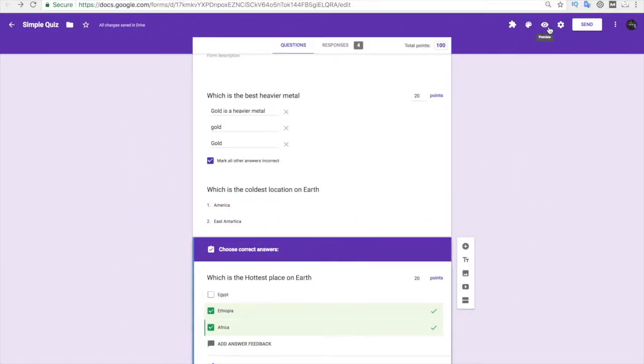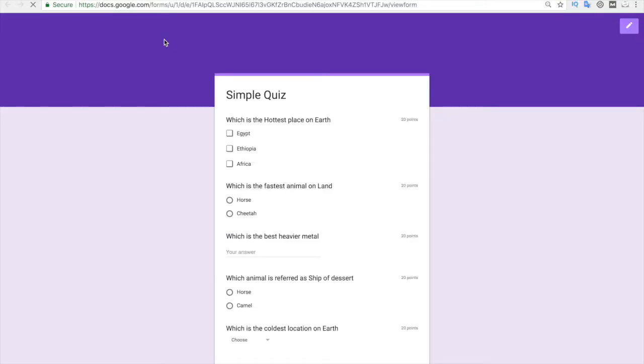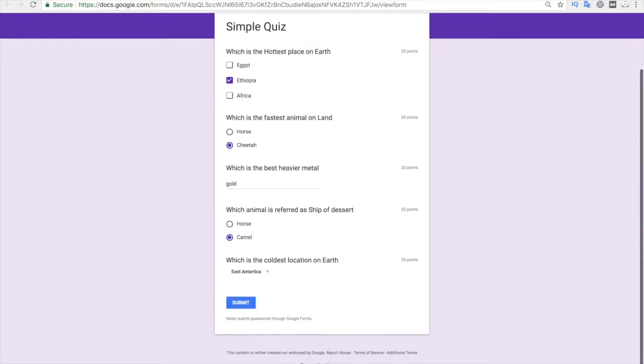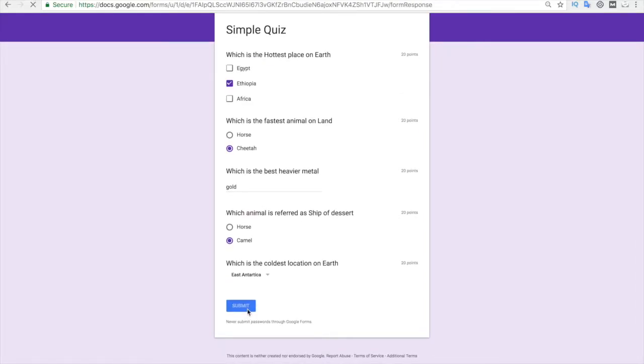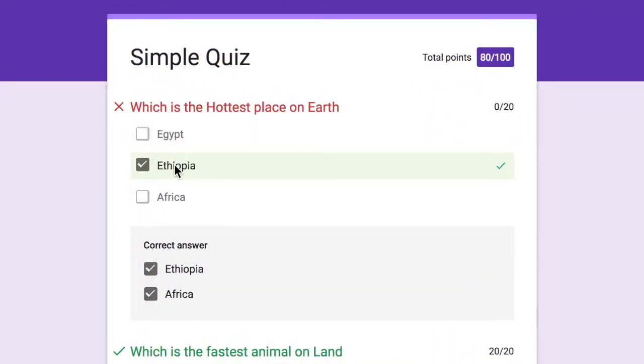So hit the preview button here, and after choosing the preview button here, I'm going to just select Ethiopia as a right answer, and after that, which is the fastest animal on the land, I'll just try to attempt all the answers again, and after that I will just click on submit, view score, and now here you can see it's partially right, but it's just giving 0 score even though it's partially right,